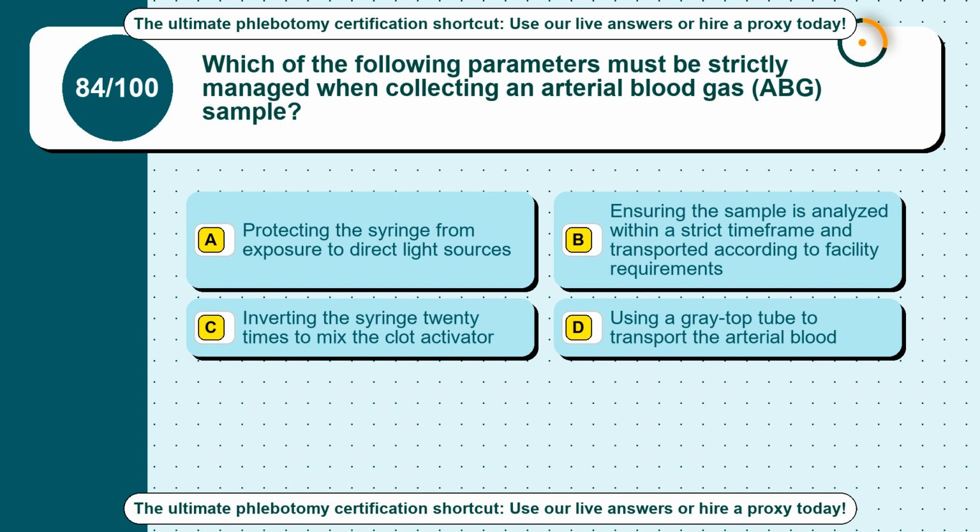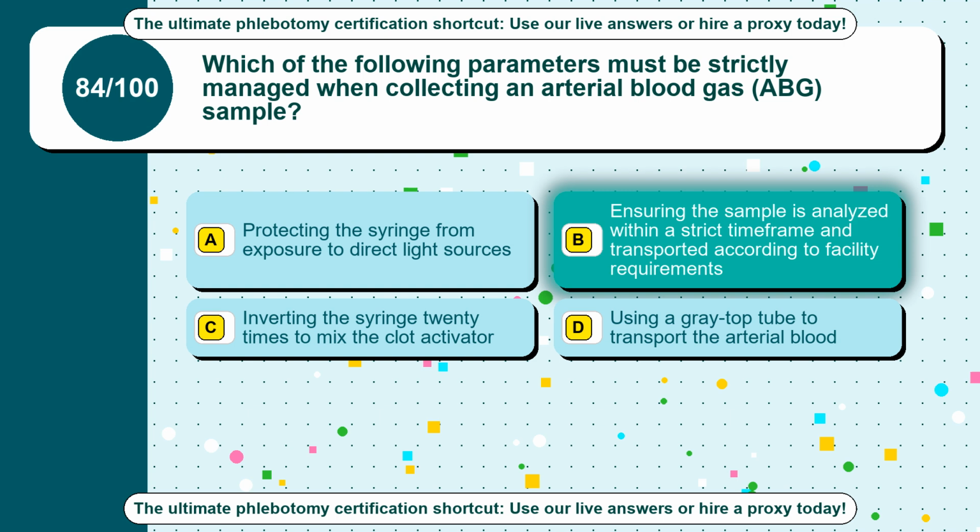Option C, inverting the syringe 20 times to mix the clot activator. Option D, using a gray top tube to transport the arterial blood. The correct answer is option B, ensuring the sample is analyzed within a strict time frame and transported according to